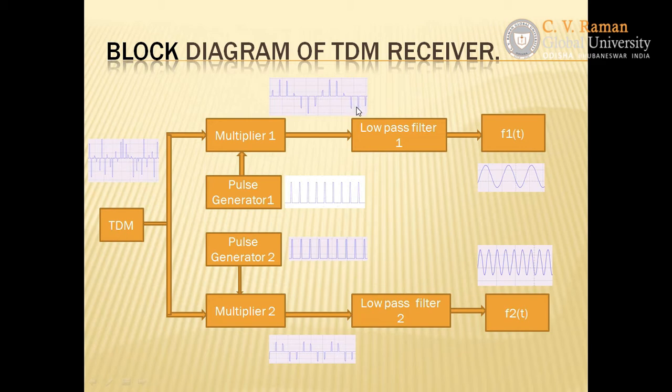So after getting the samples, you already know how to recover or reconstruct these samples using a circuit. And which circuit you have to use, that you have already completed in the previous experiment. Simply you have to use a low pass filter so that from the samples you can reconstruct the original signal 1. So in the same way you have to use another low pass filter so that from sample 2 you can reconstruct the message signal 2. Clear? So now we'll move to the Emona experiment trainer.